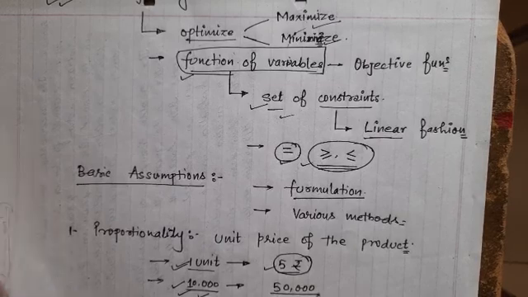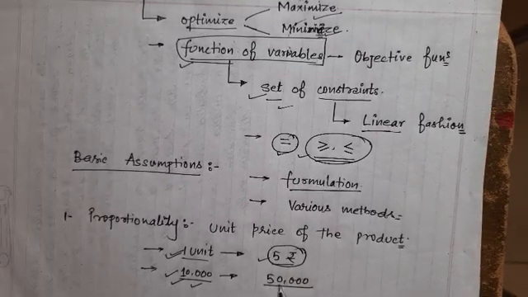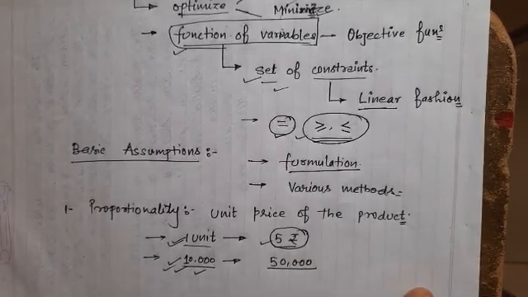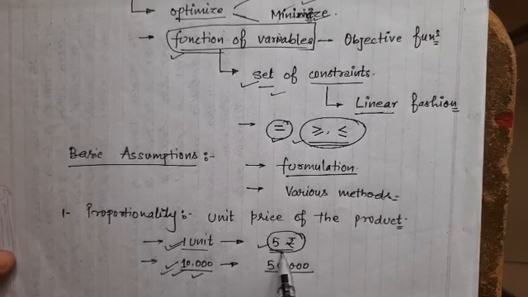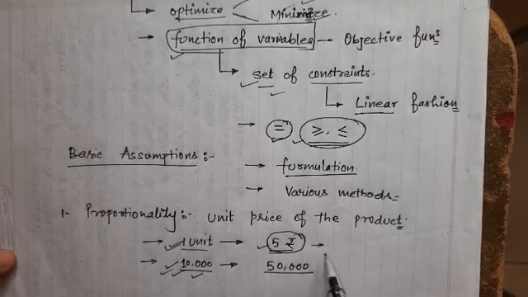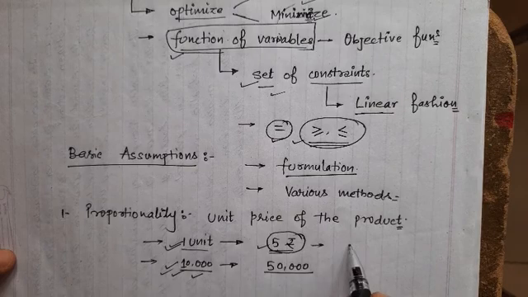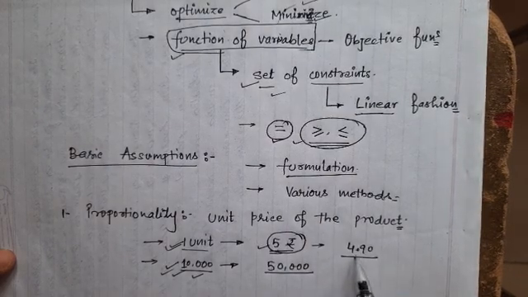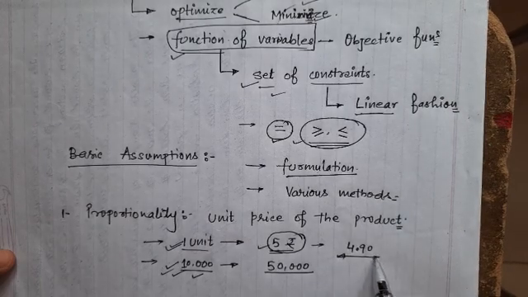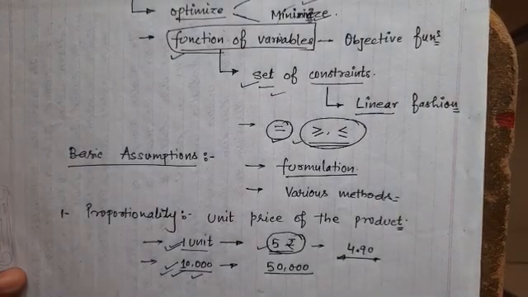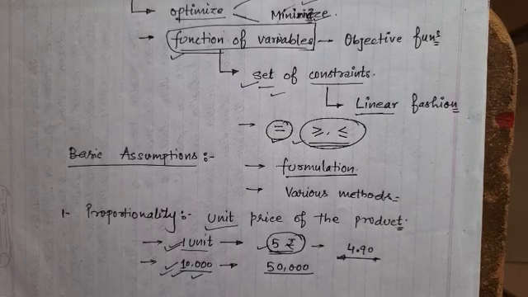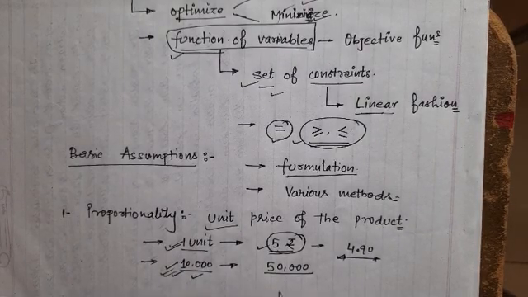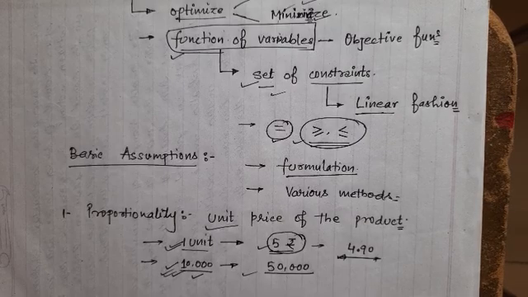But generally in practice it is not followed. If you purchase a large number of units, there may be alteration in the price. He may offer, rather than 5, that you now pay at the rate of 4.9 rupees. That is the possibility, that is the real situation. But in the formulation of the problem, whether you purchase 1 unit or a large number of units, the price will remain the same, it will not change.